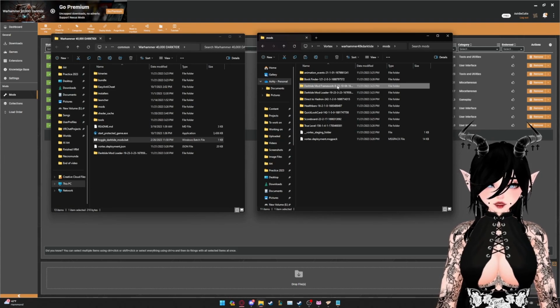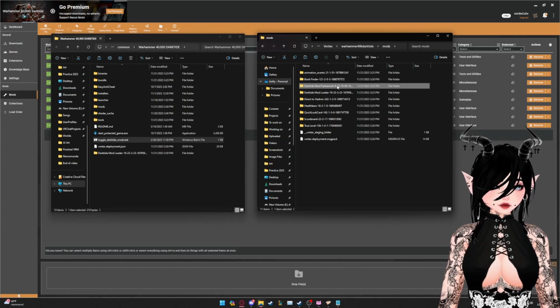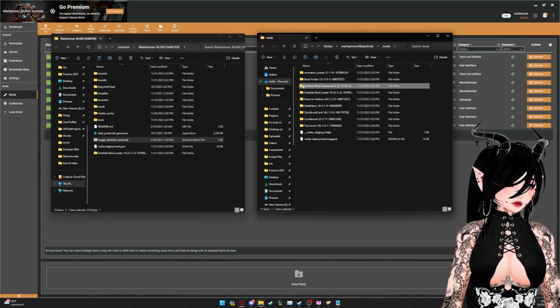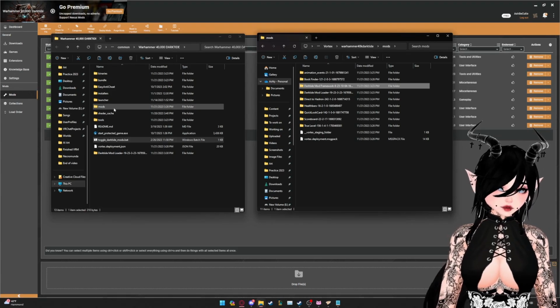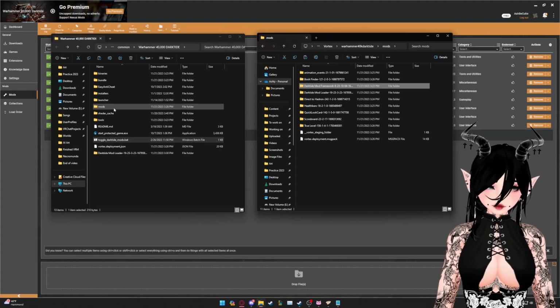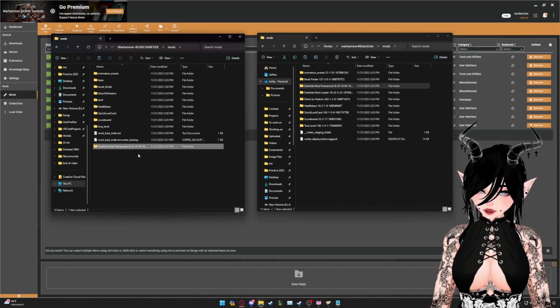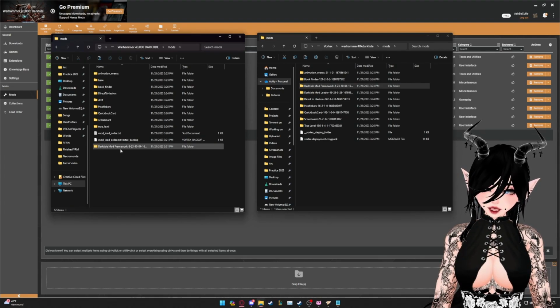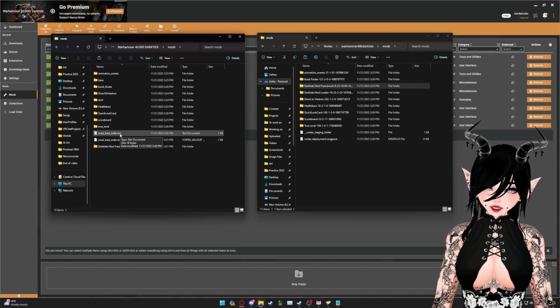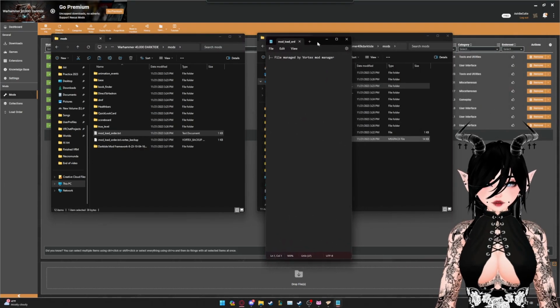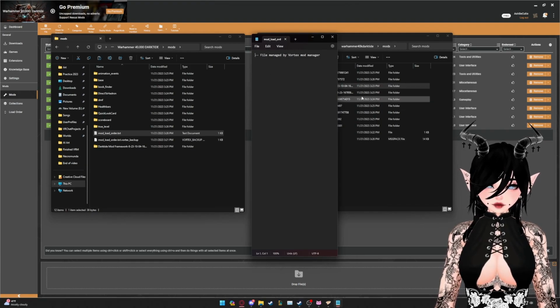We are going to do Control C a bunch over in this side. And this one is going to go into our mods directory. So over on the left, we're going to open mods, Control V, mod framework is in there now. So now that we have our mod framework, we can open modloadorder.txt.